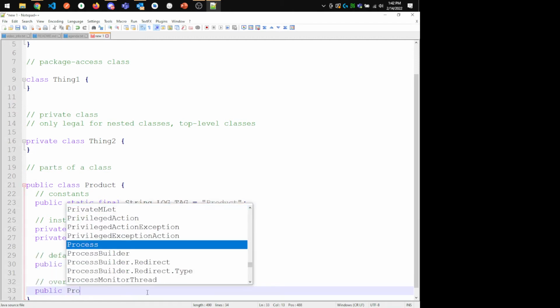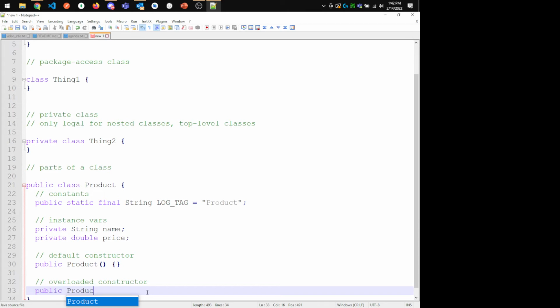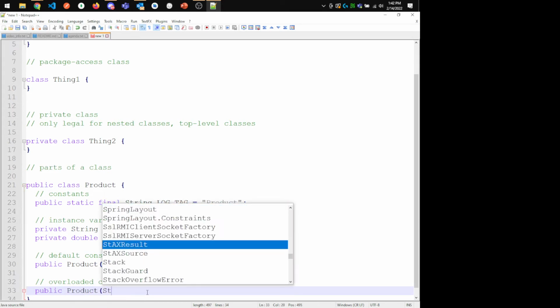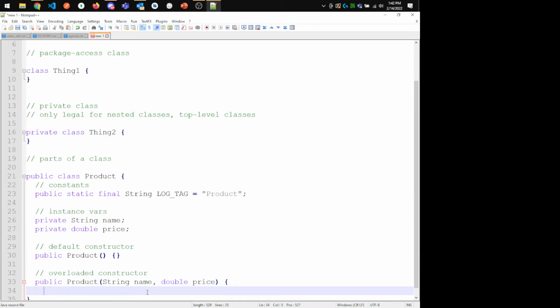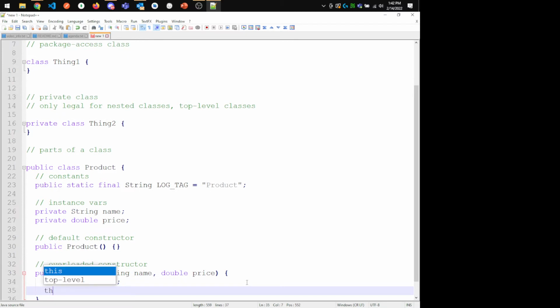And product. This takes string name, double price, this dot name is equal to name. This dot price